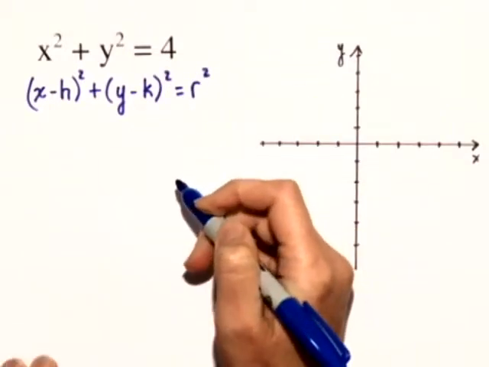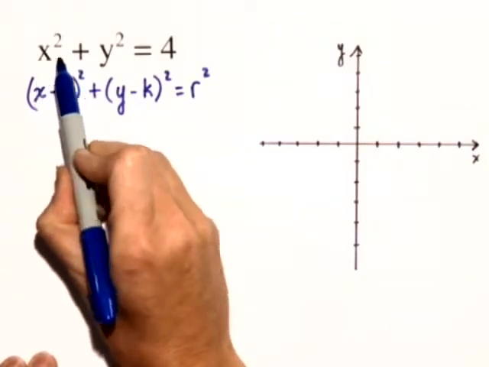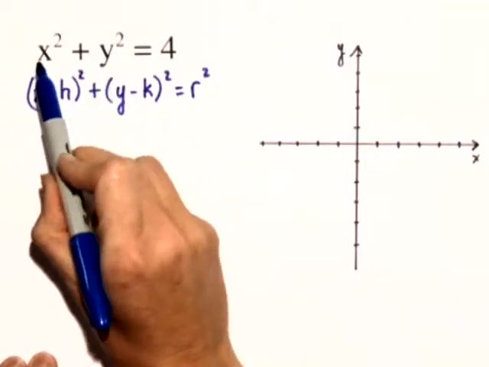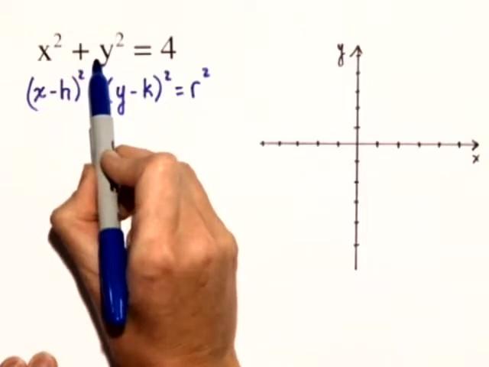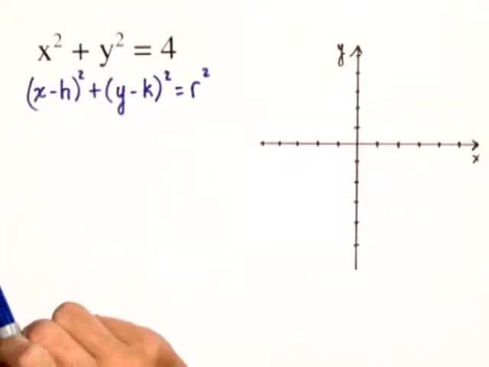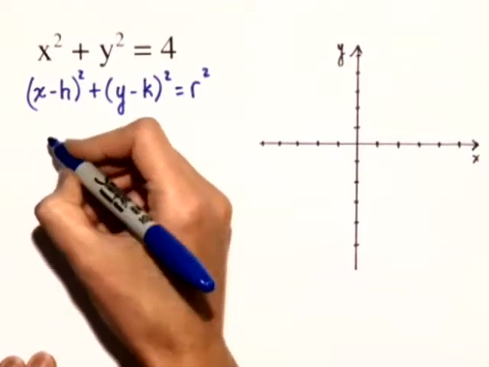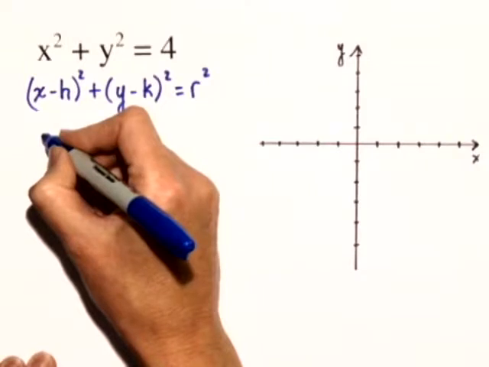squared. So we can identify that it's a circle based on the fact that we have an x squared and a y squared, both with positive coefficients, and the coefficients are both the same. This indicates that it's a circle. The h, comma, k represents the center of the circle. So really, our center